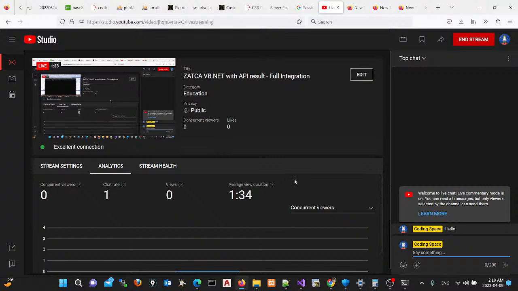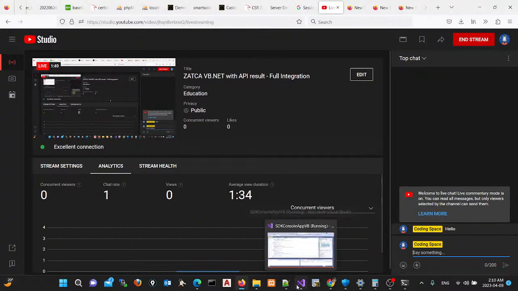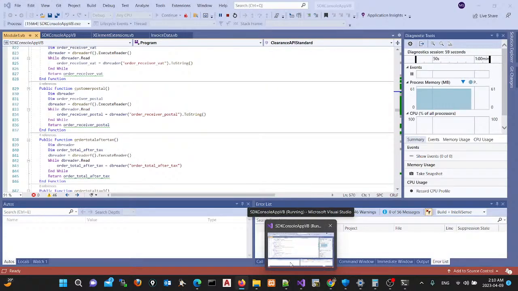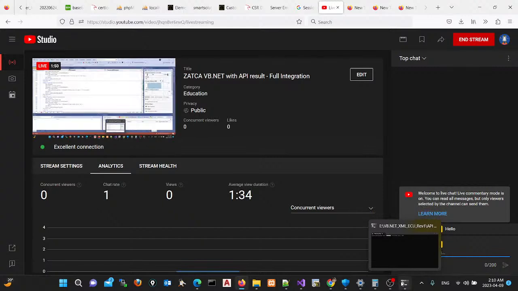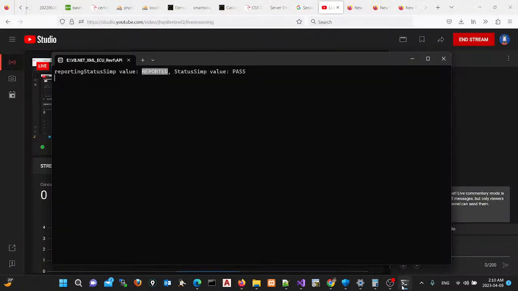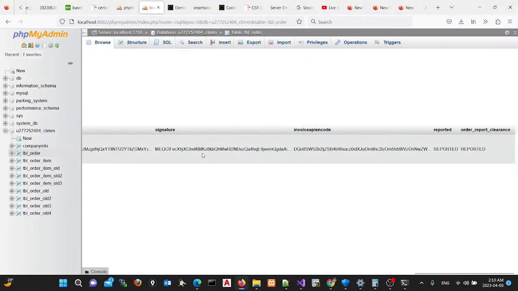Yes, finally I just finished the SDK for full integration with the ZATCA API using VB.NET. As you see here, this is the final result. It's for reporting the status of simplified invoice. As you see here, I just created the